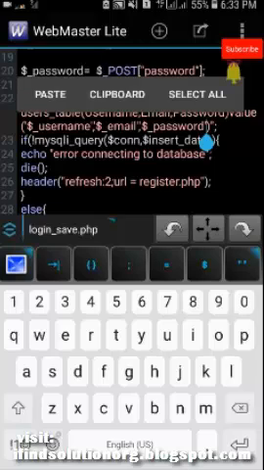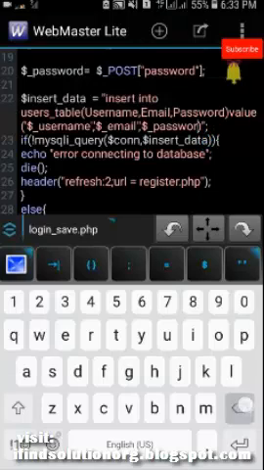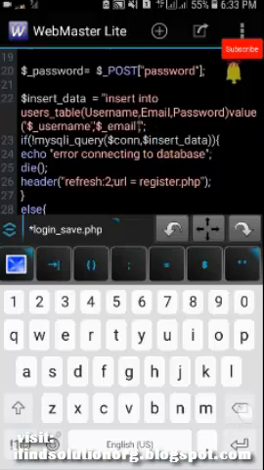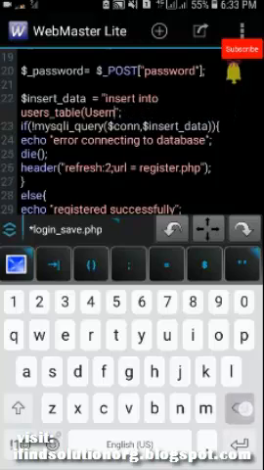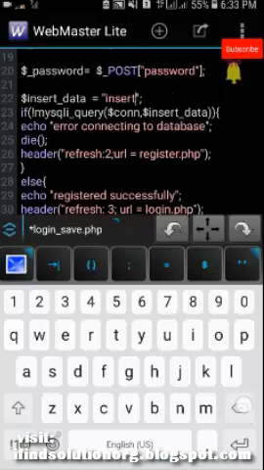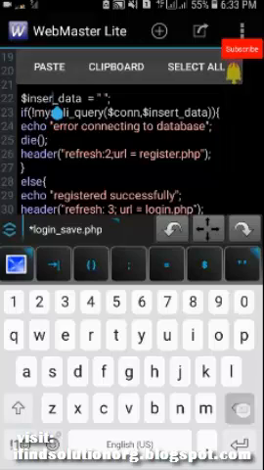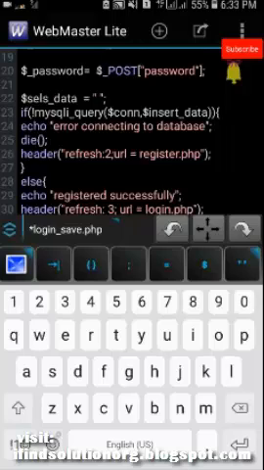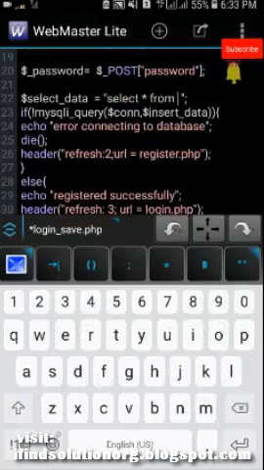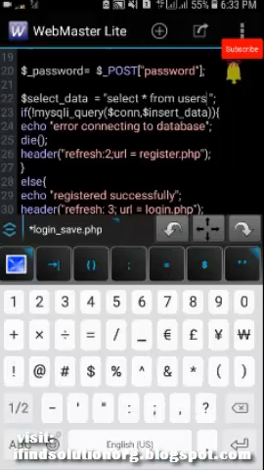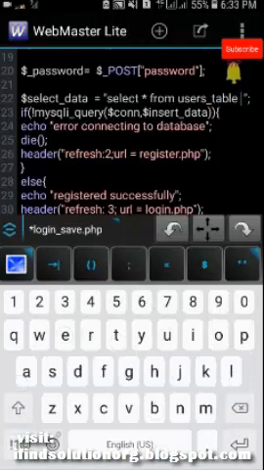So instead of inserting, we need to write select data, and then we need to write select asterisk from the name of our table, which will be users table, where